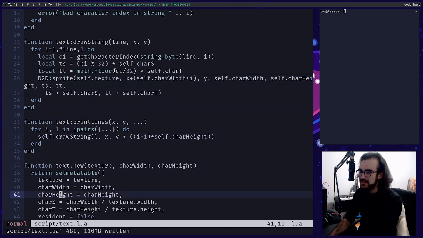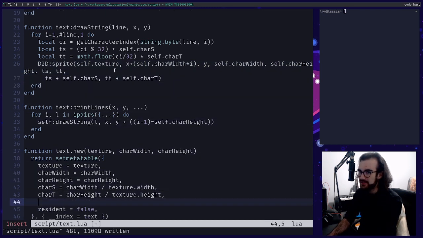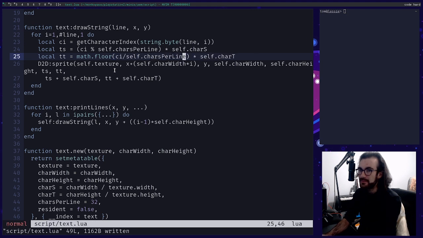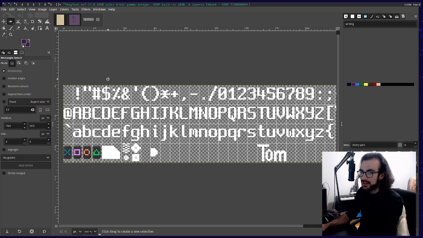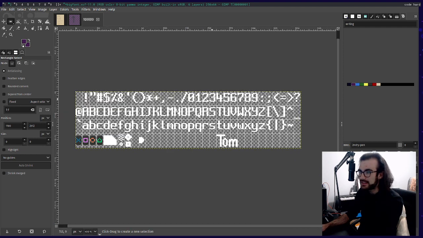Okay. Let's formalize this as part of our thing. Let's go cars per line is 32. It'll be hard-coded for now, but it is a variable that we can, in theory, change. Self.cars per line. I love it. Now, does this hold out? Yeah, this is 32, right?